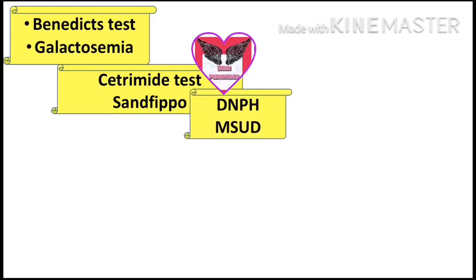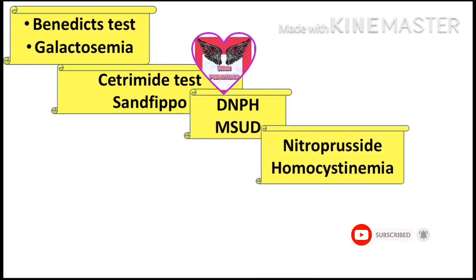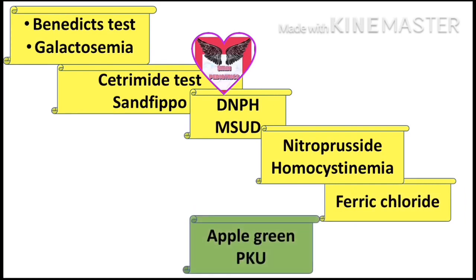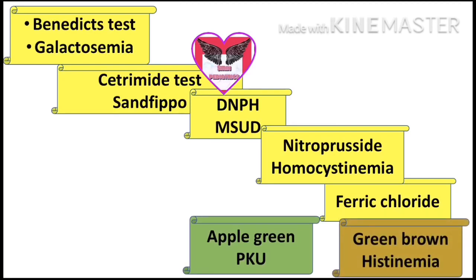If dinitrophenylhydrazine is positive, then maple syrup urine disease. Enzyme deficiency, we have BCAD, Bacard. Branched chain amino acyl dehydrogenase deficiency is there in maple syrup urine disease. If nitroprusside test is positive, then homocystinemia. If ferric chloride, okay, for ferric chloride we have apple green in PKU, and ferric chloride turns green brown in